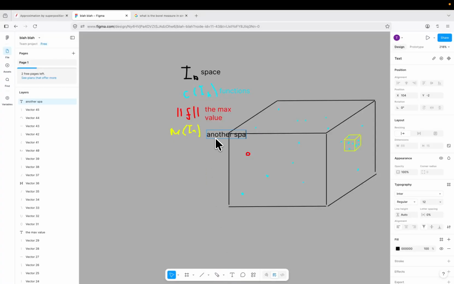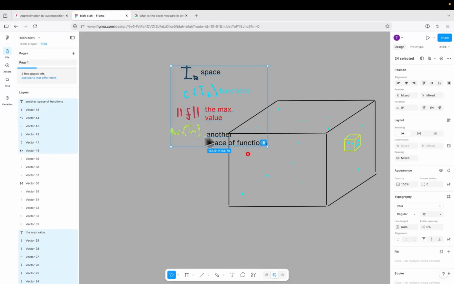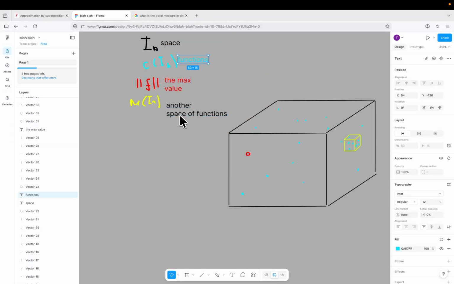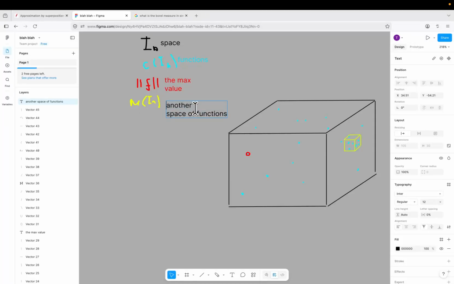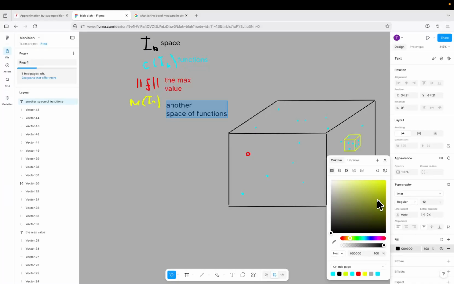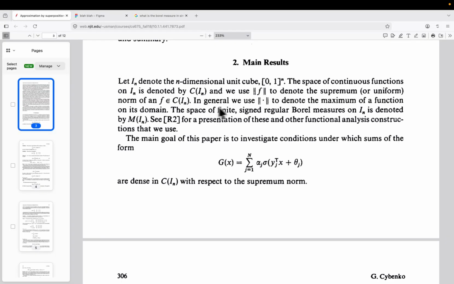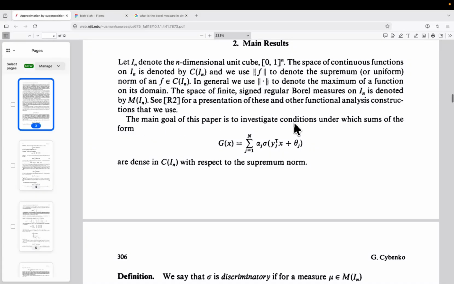Another space of functions. And let's take all of those things a little bit farther. It's another space of functions. That's actually yellow, first of all. Just another space of functions. Borel measures, whatever. The main goal of this paper is to investigate conditions under which the sums of the form,